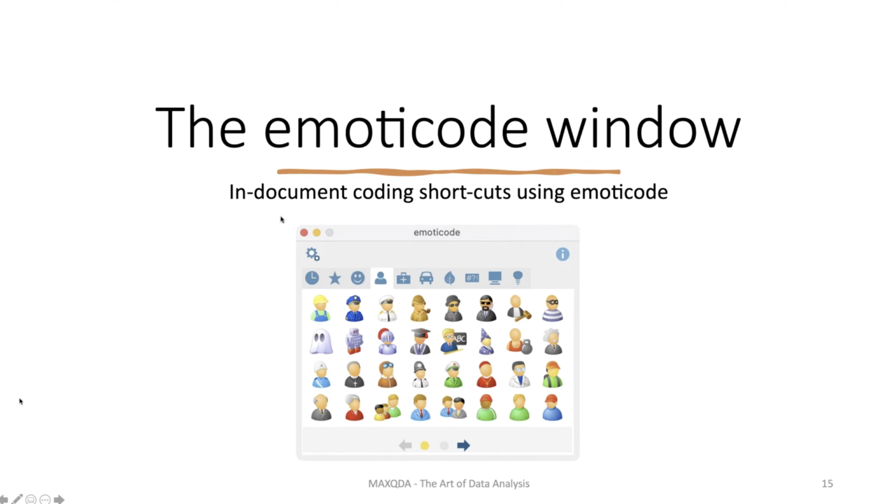Oh, and we just talked about it, but the emoticode window, when you click on that icon, this is what pops up. So here are all the emoticodes that are in MAXQDA. It looks just sort of like emojis on your phone, and you can code with these images, and then you can rename the images. So there's a whole slew of them, and it even has a most commonly used example. I can think of ways in which this could be useful if you want to highlight particular codes, and we'll explore that as well.